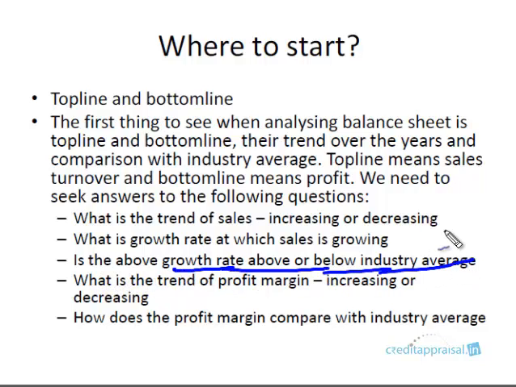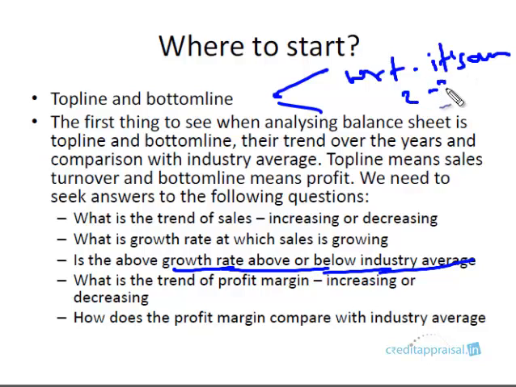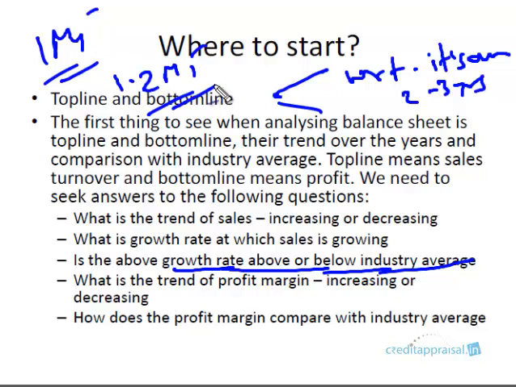You have to always look at the performance of a company in relation to two things. One, with respect to its own performance in the past 2 to 3 years. Say any item, say for example raw material. Look at the raw material consumption of this company for the past 2 to 3 years. So say for example for every 1 ton of output, the company was consuming say 1.2 tons three years back. Right now it is consuming say 1.5 tons to produce that same output of 1 ton. So you can see that over the past 2 to 3 years,